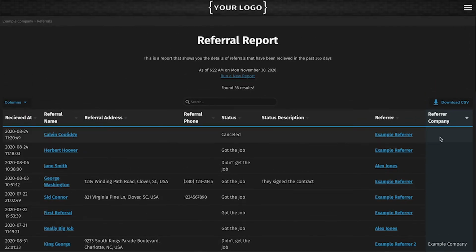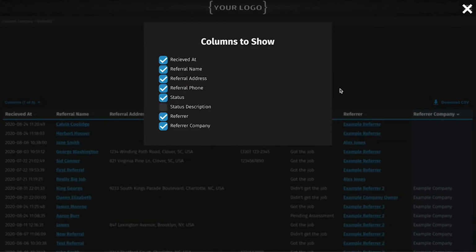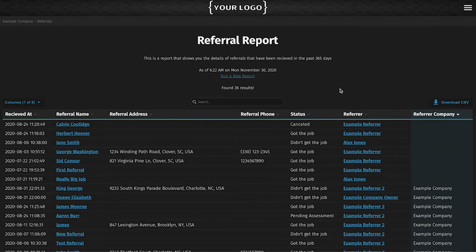There are several other things that make this very interactive. If you want to turn any of these columns on or off, you can do that. Say the status description really isn't helping you, you can go ahead and turn that off, and now it's gone. And you have a little bit more space for the other things that you care about a little bit more. You can also search within this